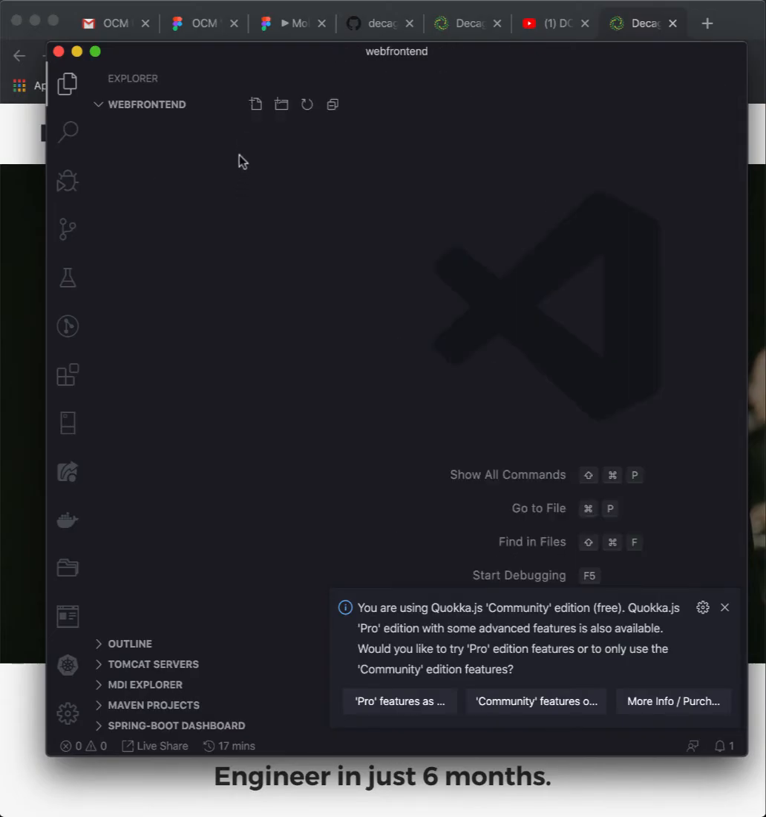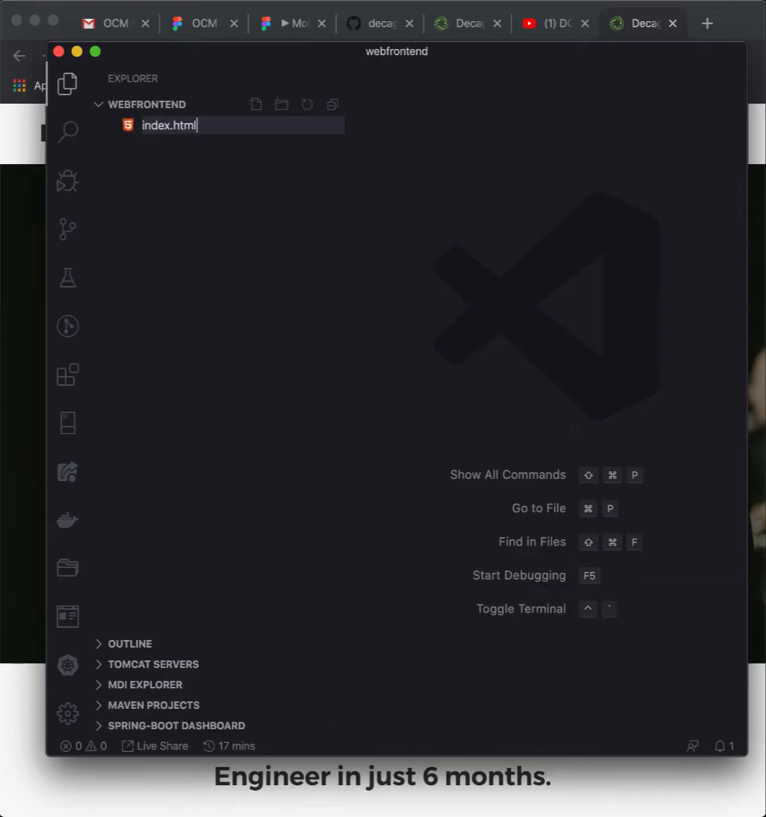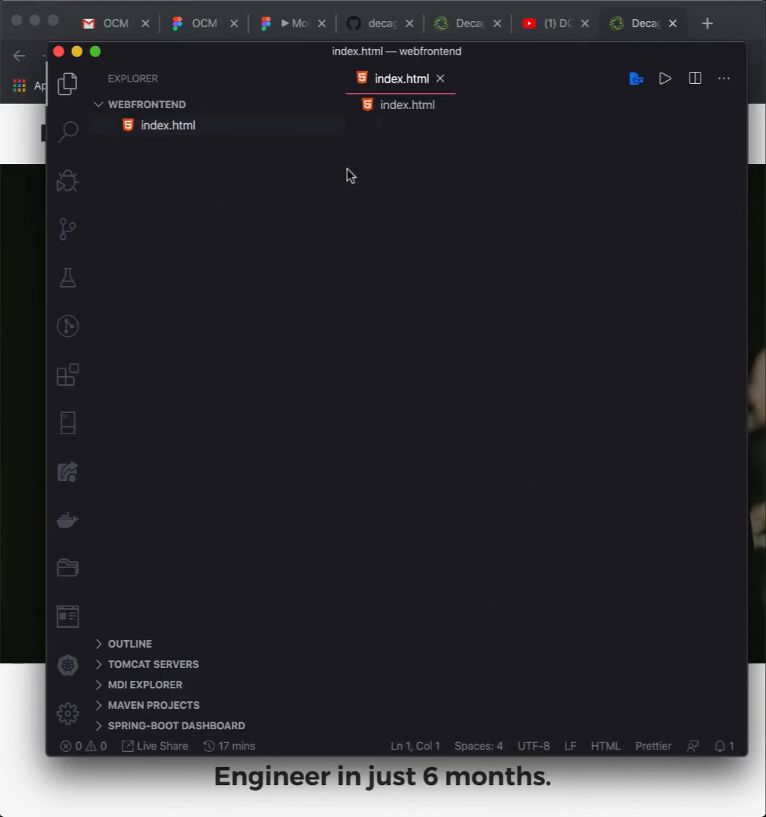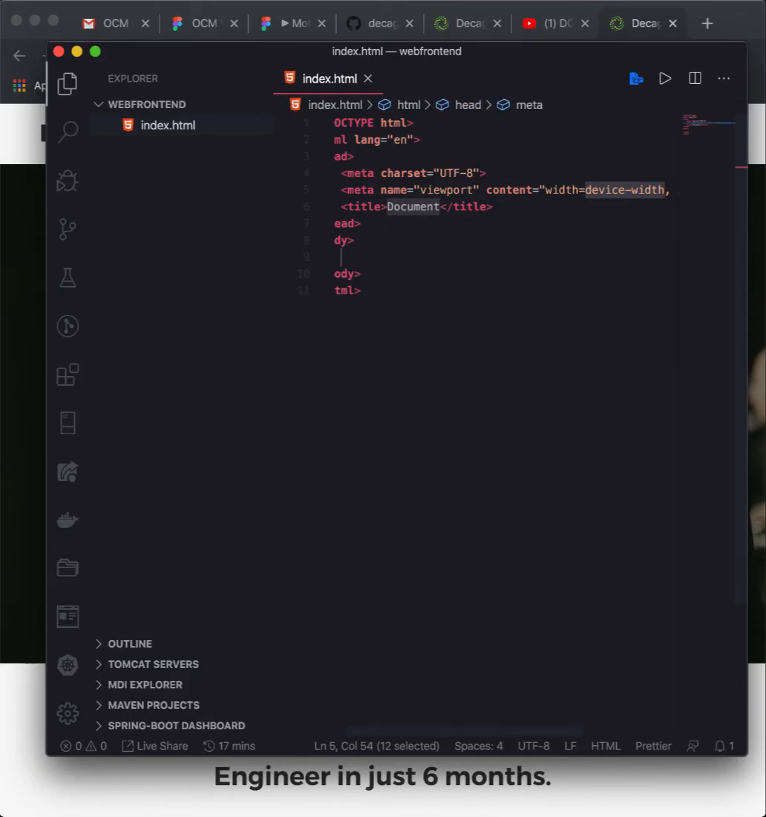I'm currently in the folder right now. Then I'll create an index.html. Actually, this course is not for absolute beginners, so I assume that you already know some basics of CSS and HTML. That's why I'm not talking about them right now. This is the basics of HTML and CSS, where you create your HTML document, then you have your HTML code in it. This is a basic HTML